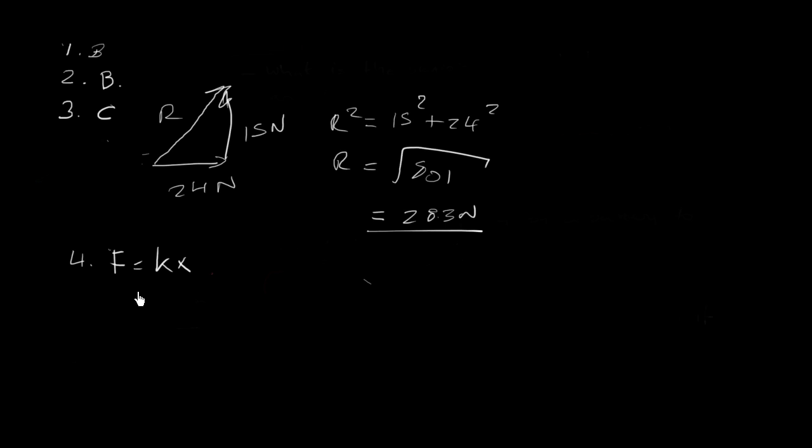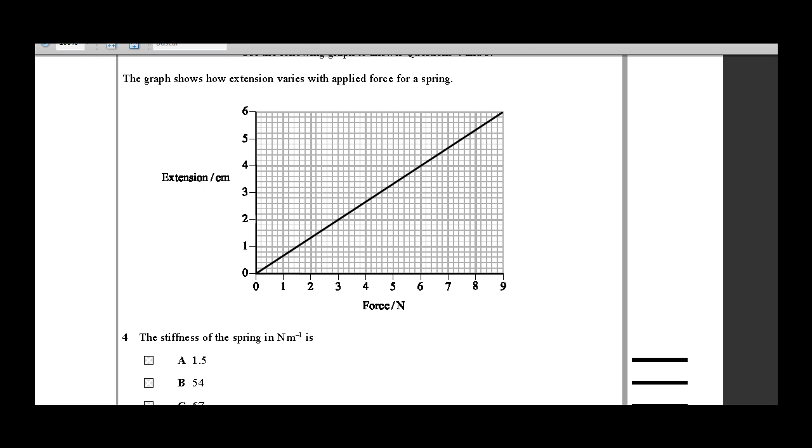Here they have the y-axis as the extension and the x-axis as the force. So actually the y-axis should be on the left, and we should say x is equal to F over k. If you look here on the graph, the y-axis is the extension and